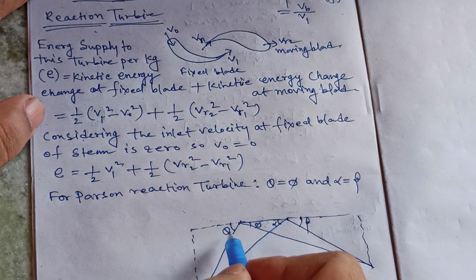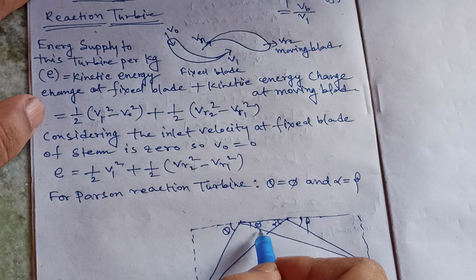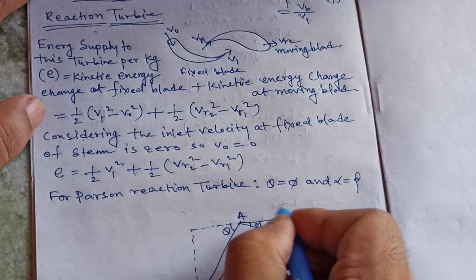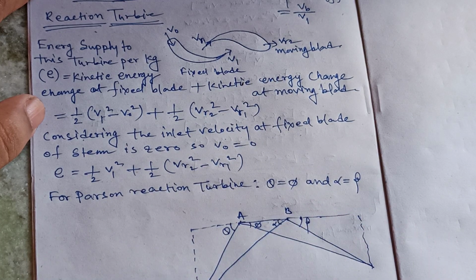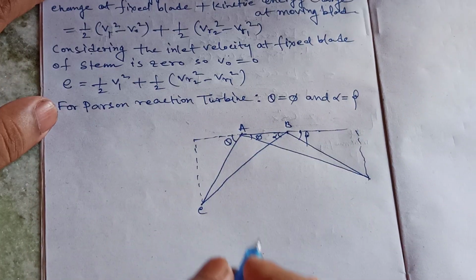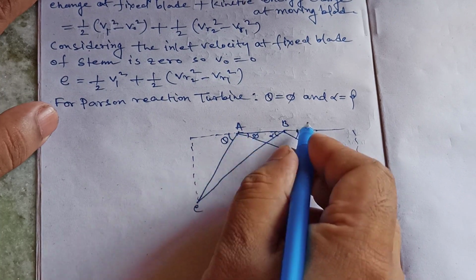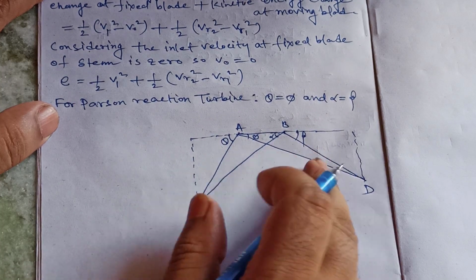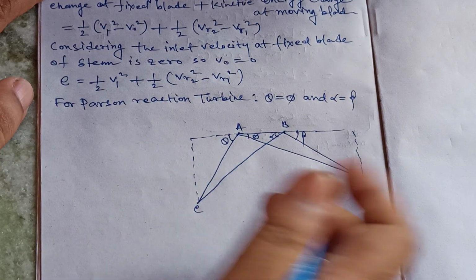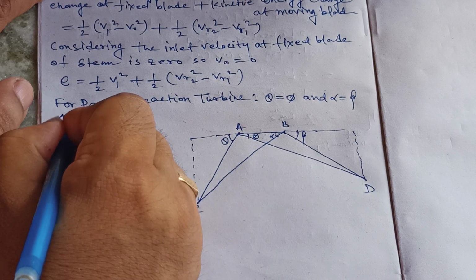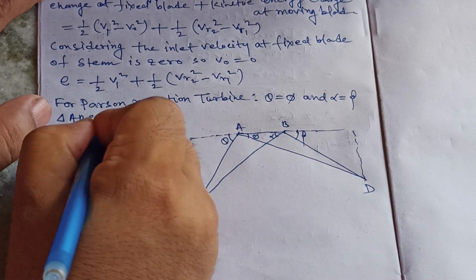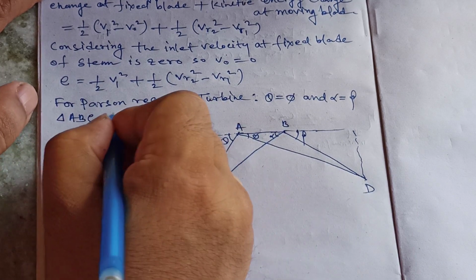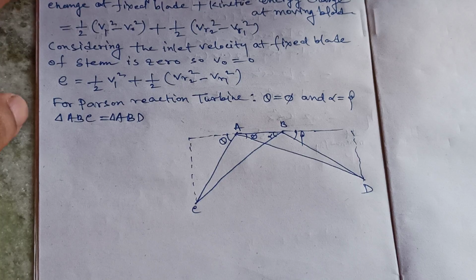So we know this theta equals to phi and alpha equals to beta. So this triangle ABC must be ABD. These two triangles are same. Here triangle ABC must be equal to ABD. Okay. Now